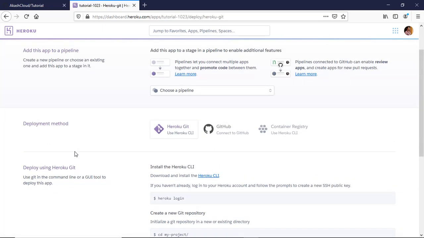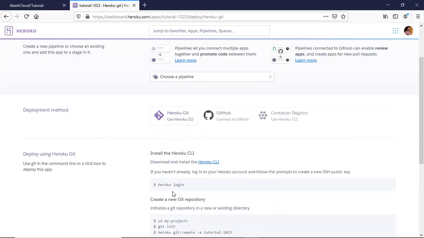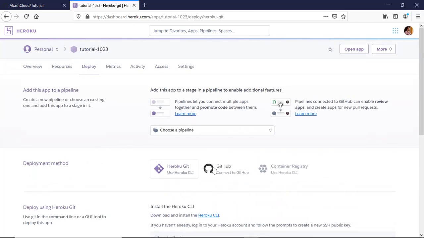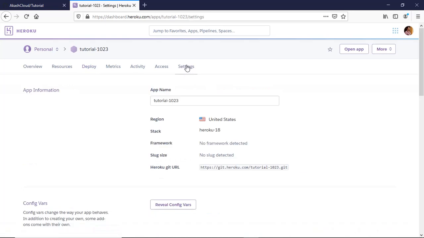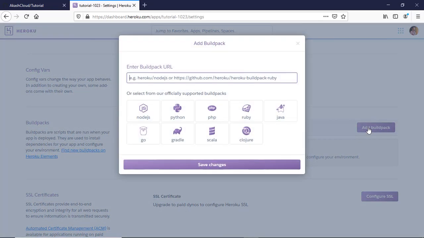Now if you want to deploy to Heroku using Git, you have to use these steps. Today I will show you how to deploy using GitHub, because we already added our files in GitHub. Before that, go to settings and set your buildpacks. Add buildpack.